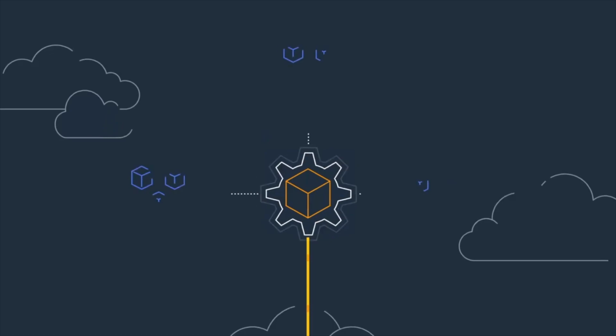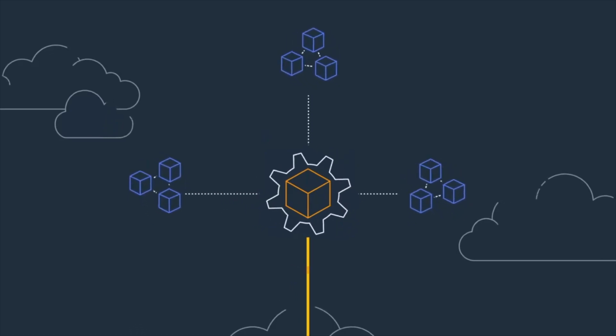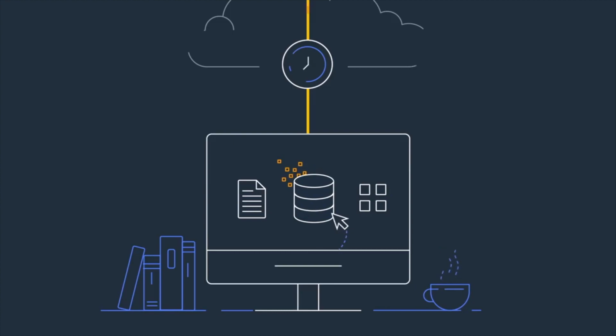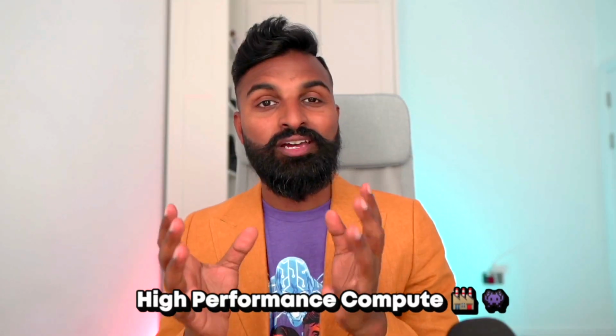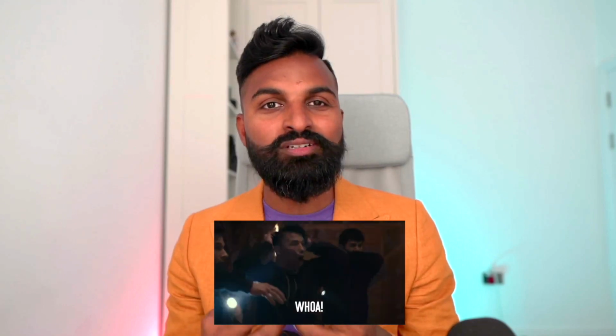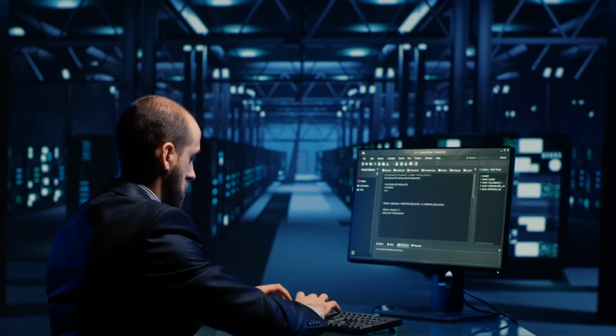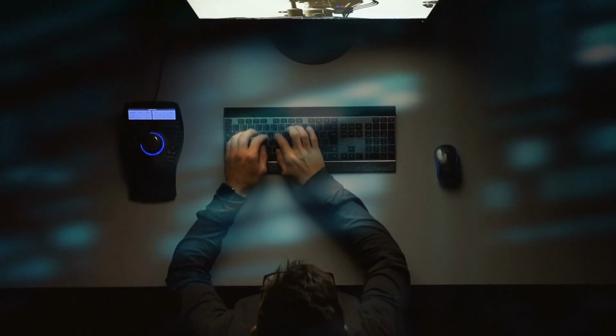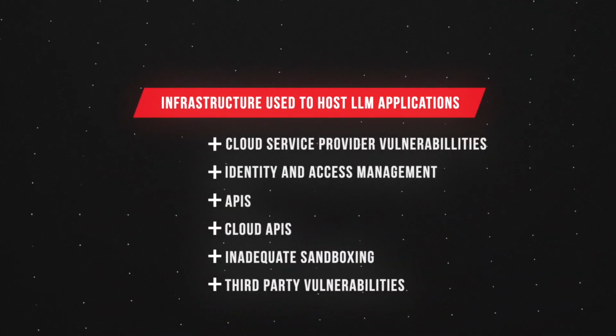But talking about the systems themselves, they're obviously hosted on an infrastructure, which could be a public cloud service like AWS. They have been talking about high performance compute for a long time, and other cloud service providers are also providing services for high performance compute. For context, high performance compute is for information that is available in petabytes and zettabytes, whatever comes after that. You need high compute capability to process information, and the cloud service providers are giving you that access through a click of a button, which opens this to the infrastructure attacks that are possible on the LLM, which opens my fourth category: infrastructure that is used to host the LLM application itself.